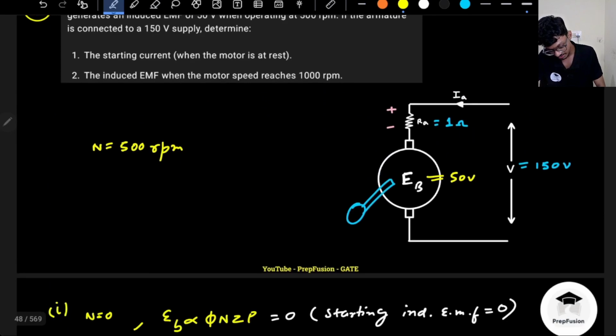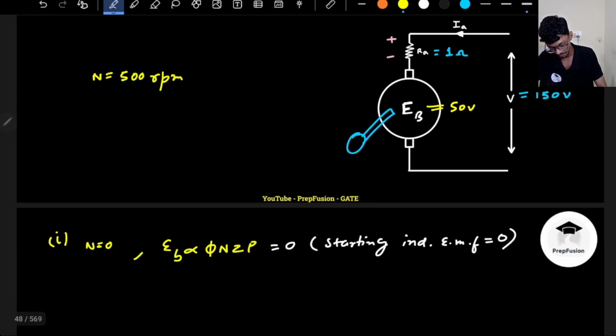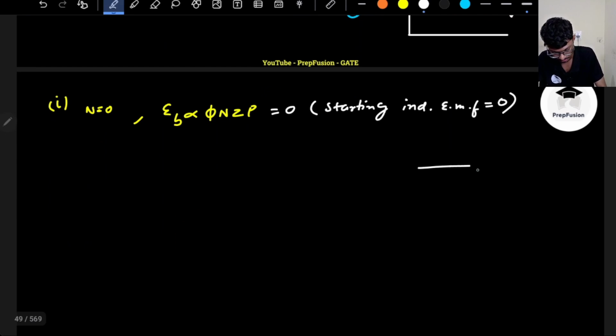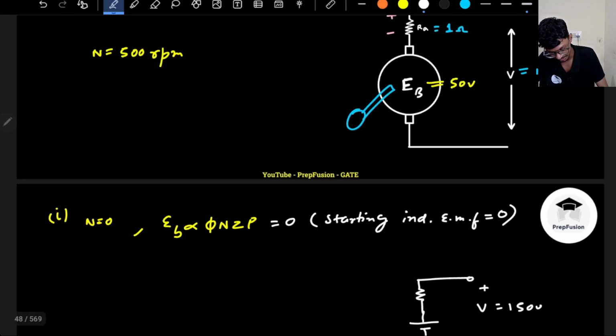So if induced EMF is 0, what is the electrical equivalent of this circuit? The electrical equivalent of this circuit is something like this. So this is my supply, DC supply, just simple KVL and KCL. DC machine is just about KVL and KCL, right? This is my back EMF, this is my supply voltage, plus minus, this is always constant, 150 volts. RA they have mentioned as 1 ohm,